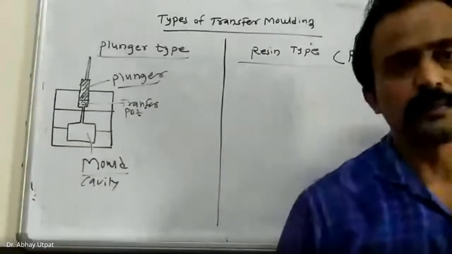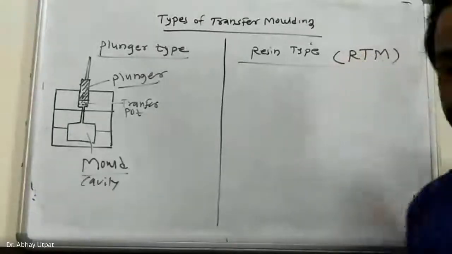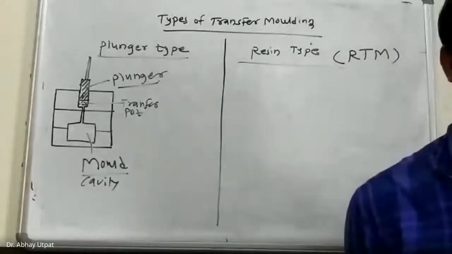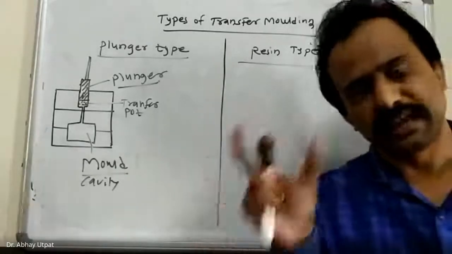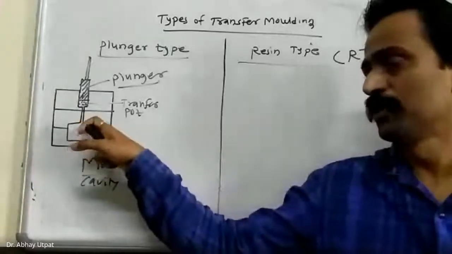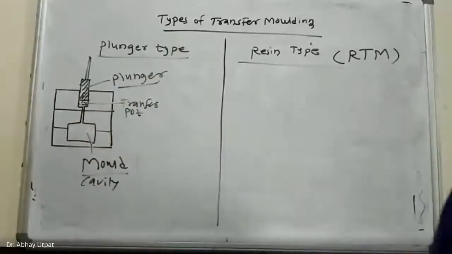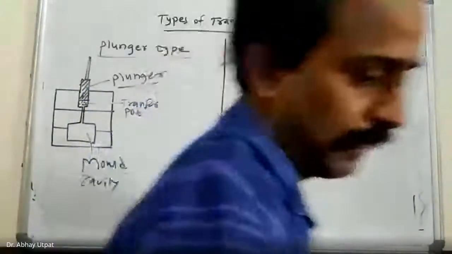Then what is resin type? It is famous with the name RTM, resin transfer molding. RTM stands for resin transfer molding. It consists of the use of one skeleton. Whatever shape you want to give, that skeleton is kept in the mold and then the material is transferred. The heated mold is closed by putting reinforcement which is oriented into the skeleton. See here, I will draw the figure here.